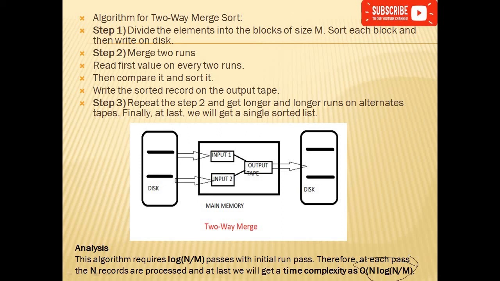Finally, we'll apply the merging process. Block 1 will merge with block 2, and we'll get one more intermediate file. This will be merged with block 3, giving one more intermediate file, and this will be merged with block 4. Like that, all 20 blocks, meaning 20 intermediate files, will be merged. Finally, we'll get a single file with sorted data.